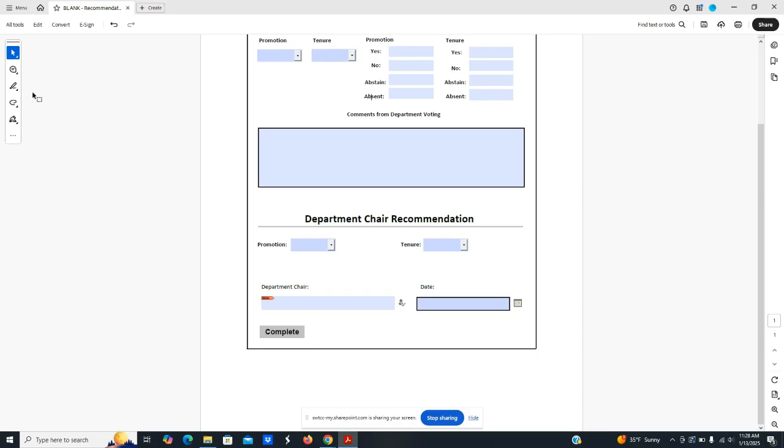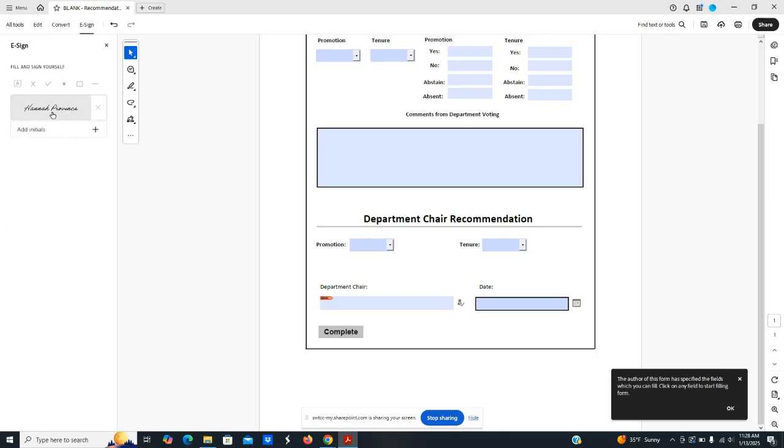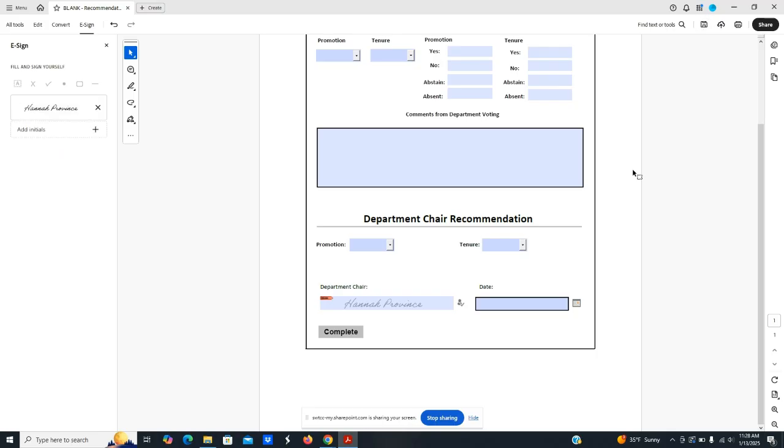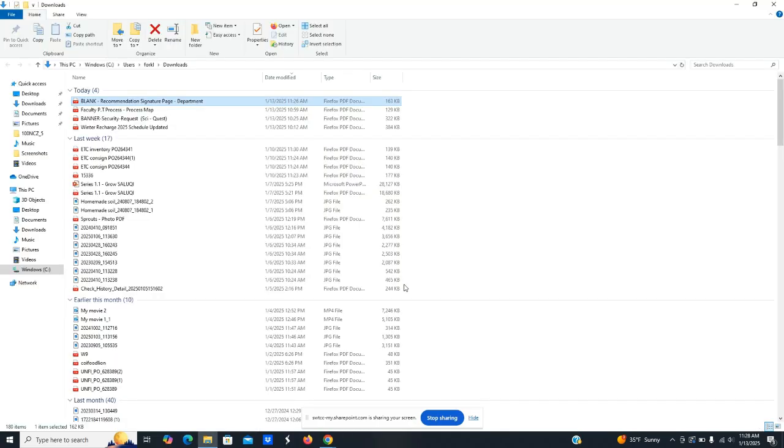To put in your electronic signature, you can say fill and sign. You type in your name and you bring it over and you put the date and then you say complete. You can say save. And then when this is done, I'm not going to save this. I'm just going to close it. I'm going to say nope. When it's done and you've saved it,